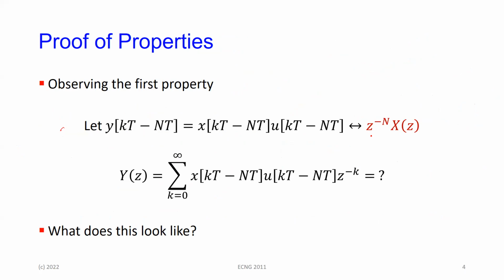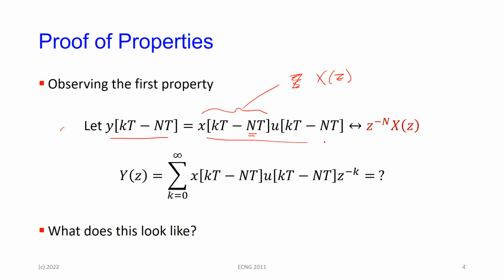And we want to prove that if I delay the values by some amount nT, which had an original transform of X(z), that the delayed version has a transform z to the minus n X(z). How do we prove it? Well, very simple. If I give you that y(nT) is this thing here,